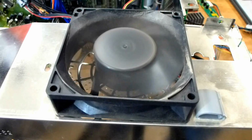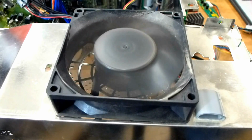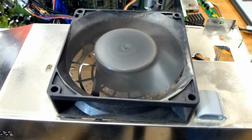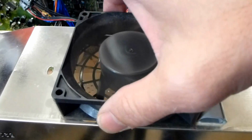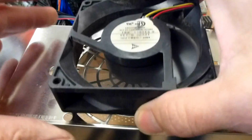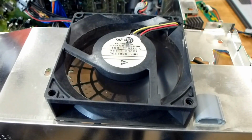Alright, so here's the cooling fan for the complete electrical chassis. And as these sets were produced, when they originally left the factory, they had the fans reversed. So the airflow was up because, as everybody knows, as parts produce heat, that causes the air to rise to dissipate the heat. And so I've got this fan loose here, and this is how they left the factory. And you can hear that sound. A lot of people